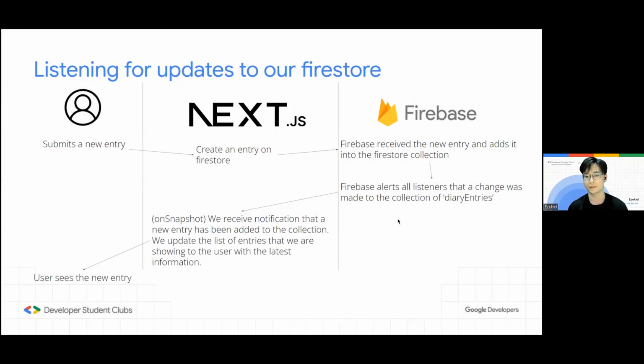Okay, so this is how it works. The user submits a new entry. Then our app will create an entry on the Firestore, so you make a request to Firebase. Then Firebase receives the new entry and adds it into the Firestore collection. And then at this point, Firebase alerts all the listeners that a change was made to the collection of diary entries,